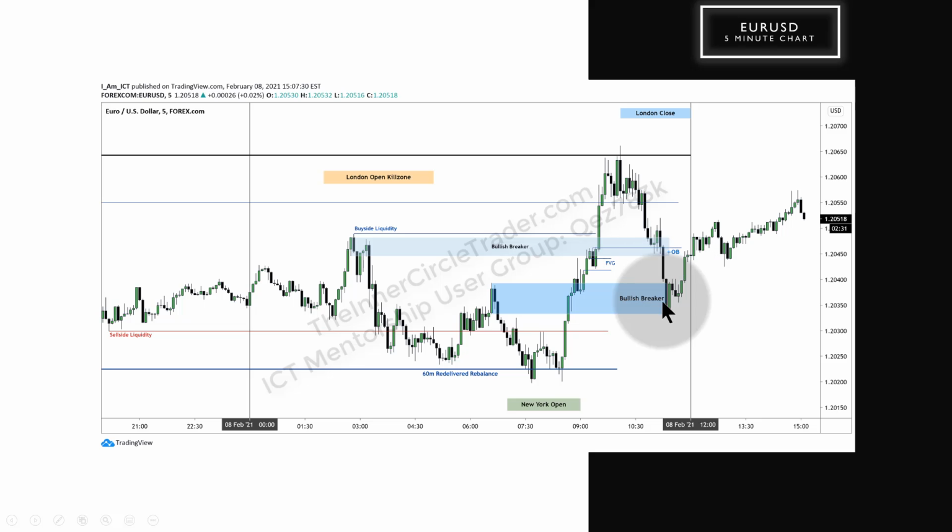We went below it there, and it overlaps with a bullish breaker. Whereas if you see it up here, if this would have traded back down into it prior to the London close time period, then I think the order block, the breaker, would have allowed for another leg higher. Even if it was just going to go up to the rejection block, that would have been a tradable bounce. But because it's inside of the London close time of day, it's less likely, and the probabilities are far less than if it was seen trading into this breaker prior to this time of day, which is the importance of understanding what these kill zones are doing for you.